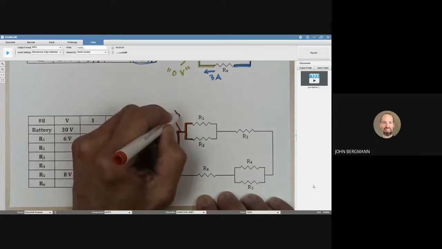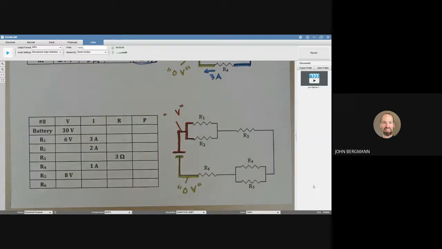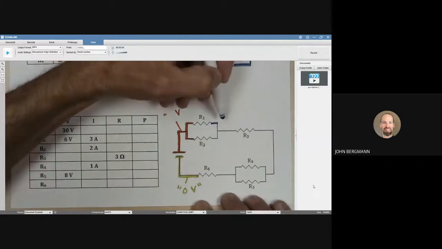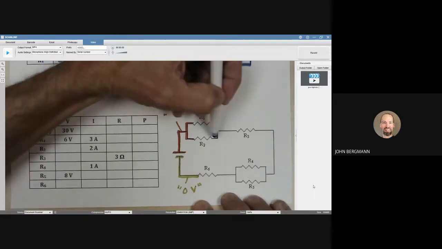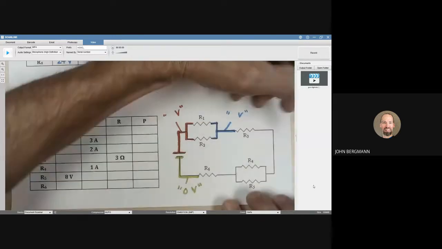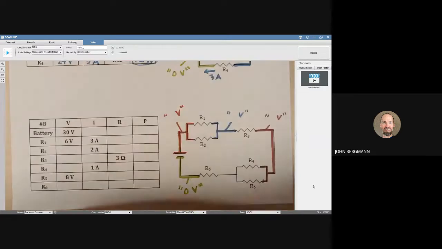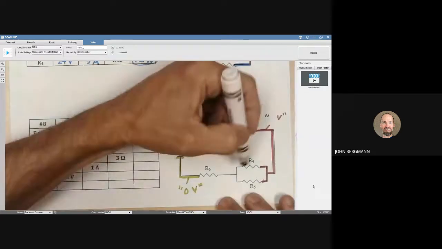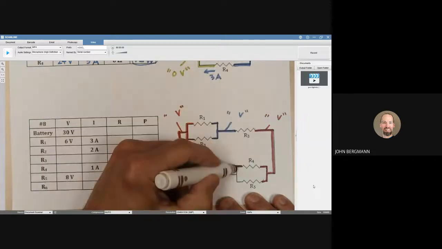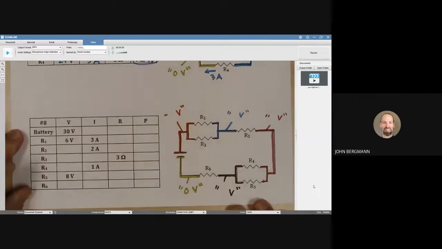But mentally, sometimes this is a real helpful thing. The only 0 volt portion of the circuit is going to be that one right there. How many other colors do I need? I need a color right there. That's going to be some voltage. A color over here, some voltage, and I need one more color here if I'm doing different colors. That is going to have a certain voltage. We can fill those in